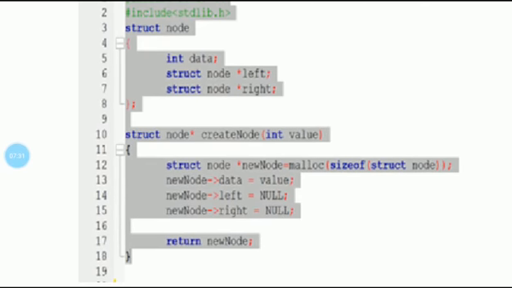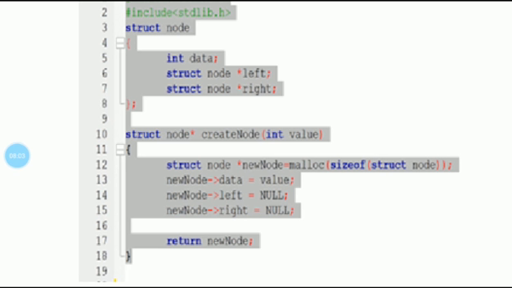After defining the node, we have to allocate the memory for that particular node. With the help of the malloc function, we can allocate the memory for that node, and then initialize it with the value. Then left points to null and right points to null. We can create it like this. One node is created. How is a node created?